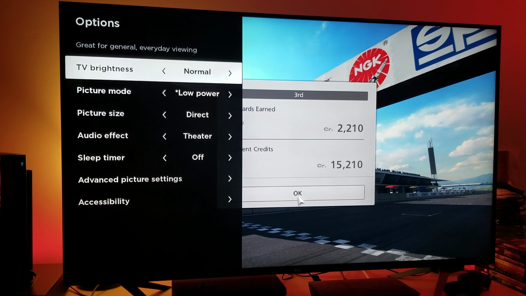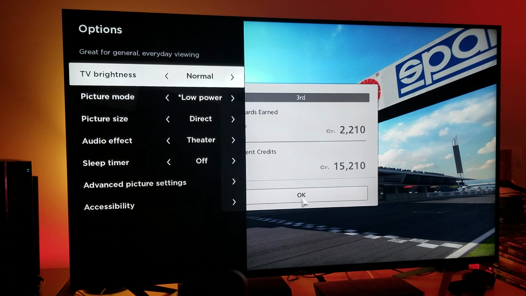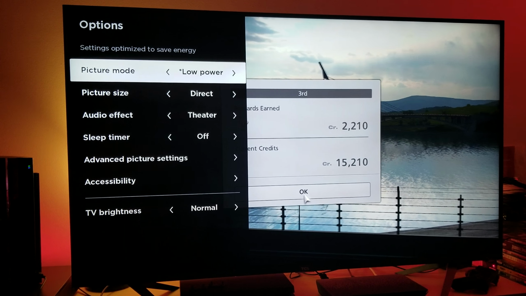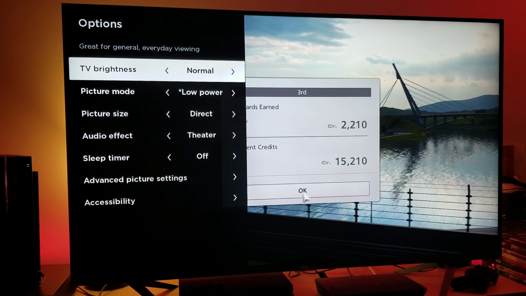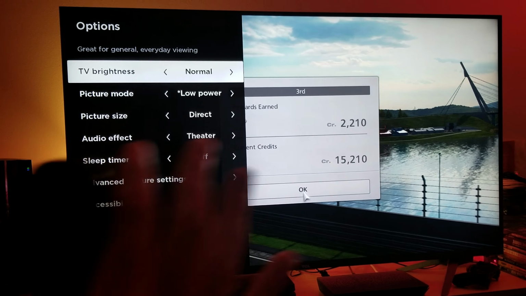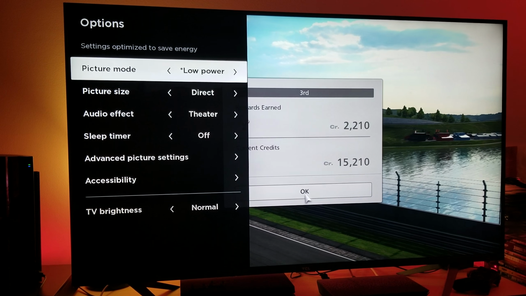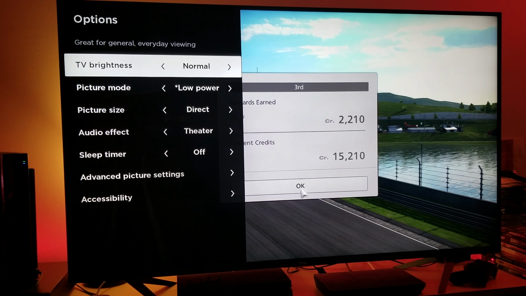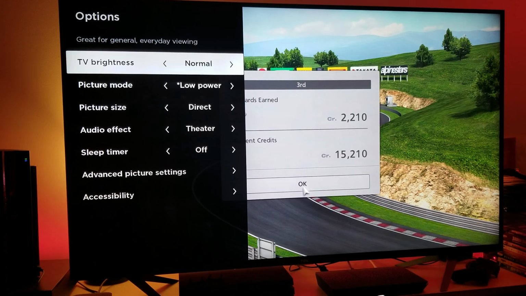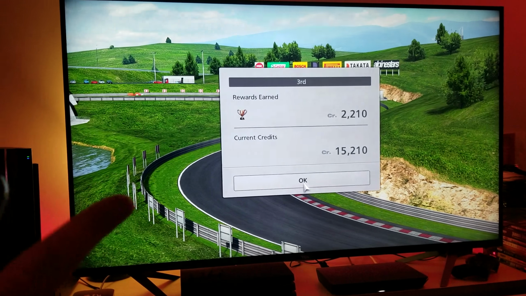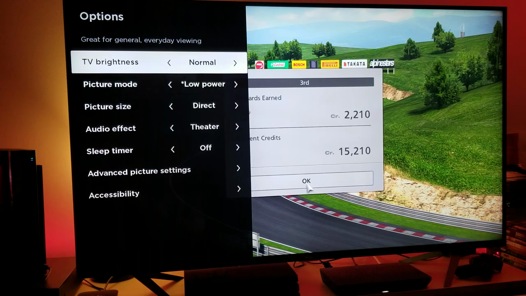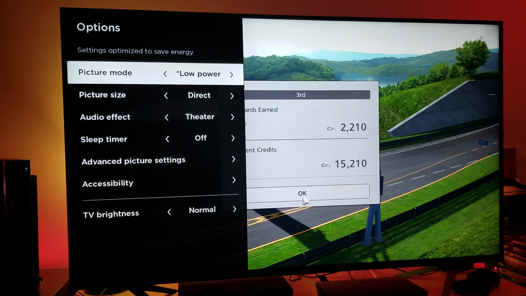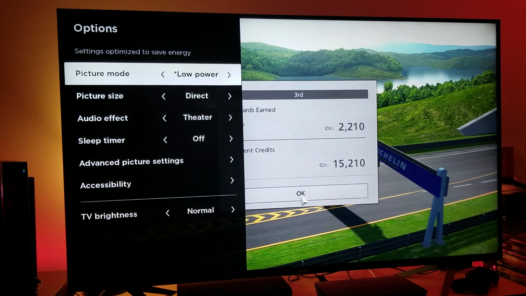The one thing I'm doing is I'm using a TV brightness to normal, and the picture mode I left at low power, because I'm not running in HDR, because this is not an HDR game and PlayStation 3 doesn't support HDR, there's no reason for me to be cranking that TV brightness all the way to high. So I left the TV brightness at normal, and I left my picture mode at the low power. Now you're going to ask, well, why did you leave it at the low power? Because there's no reason for me to